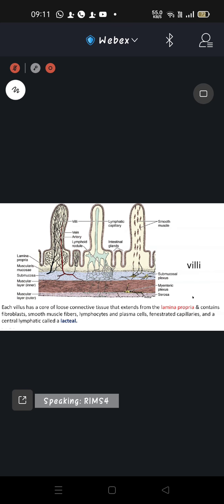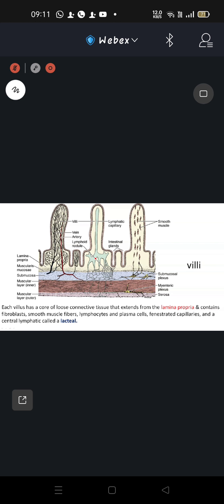When it is asked what a villus is, you can see here the architecture of the villus is shown. A villus is this folding of the lining epithelium, having the core of the lamina propria. So each villus has a core of lamina propria, which is a loose connective tissue that extends from the lamina propria beneath, and it contains